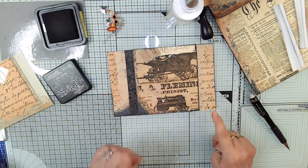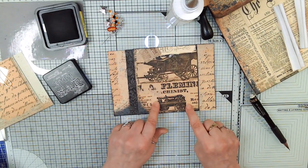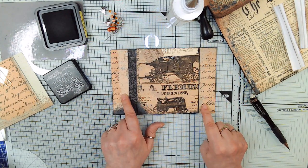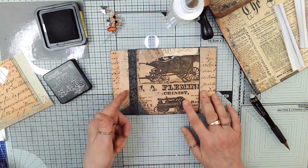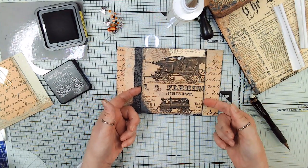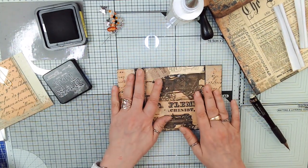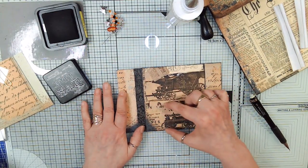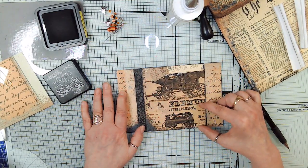Okay, now see, if I had realized I was going to do this without a pocket, I would have covered this with a different paper. So now we've got this pocket, this pocket, this pocket. Then we'll glue this on as a pocket. And I was going to put another pocket across here,